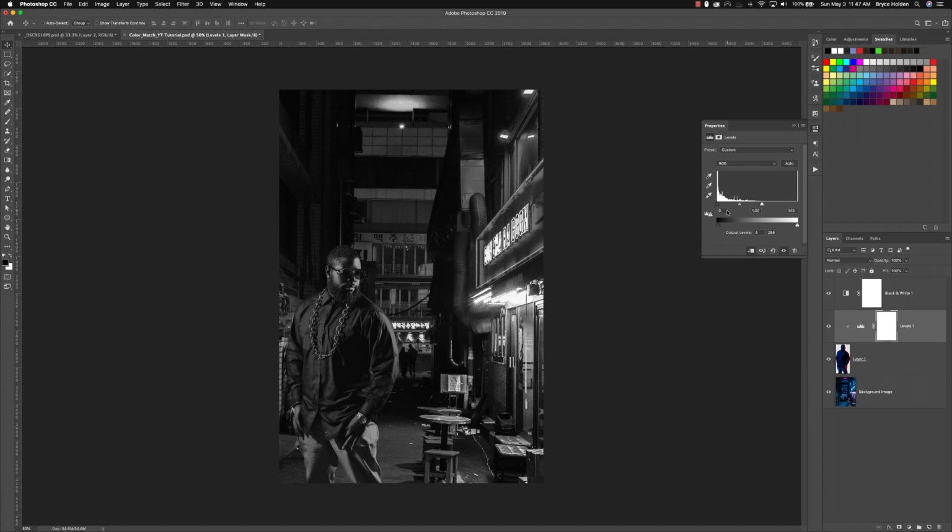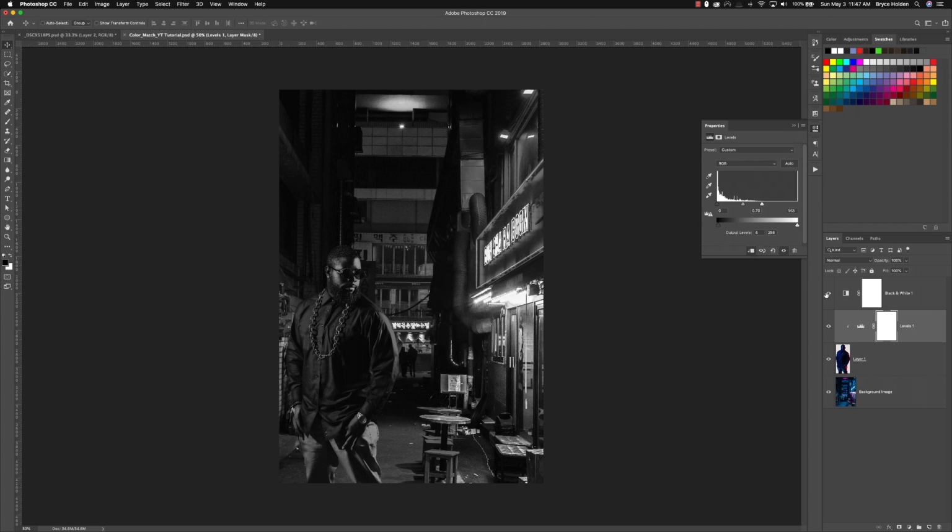One more thing that you can do is grab your mid-tone slider and start pulling that down, or excuse me, let's pull that up. And that will start bringing back some of those details right there. So this is a before, this is an after. Definitely that looks a lot better. Now we're gonna have to come back to this once we start messing with the colors, but that's okay. This is a very good starting point.